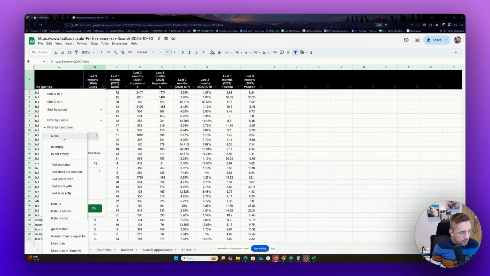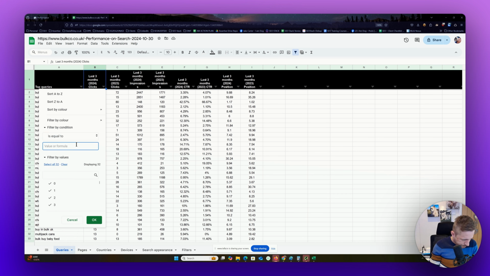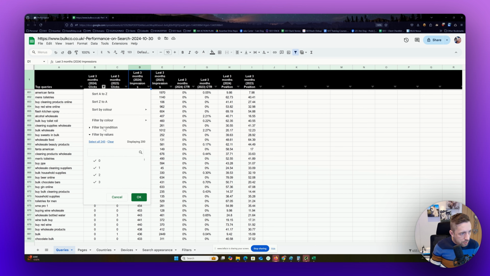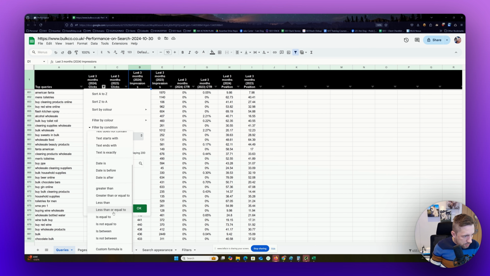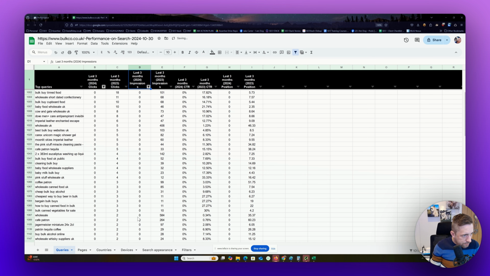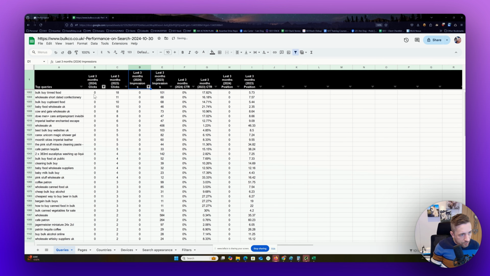So filter by condition equal to 0. And then what we can do is for the same year, but on impressions, we can apply 0 there. Okay, so we can see that, and this is on queries. We would do this on pages. Let me just do this on pages. So if a query